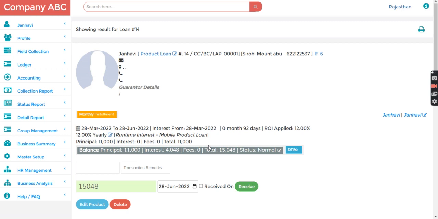Here you can see this will be calculated on a runtime basis, a daily basis. So here 90